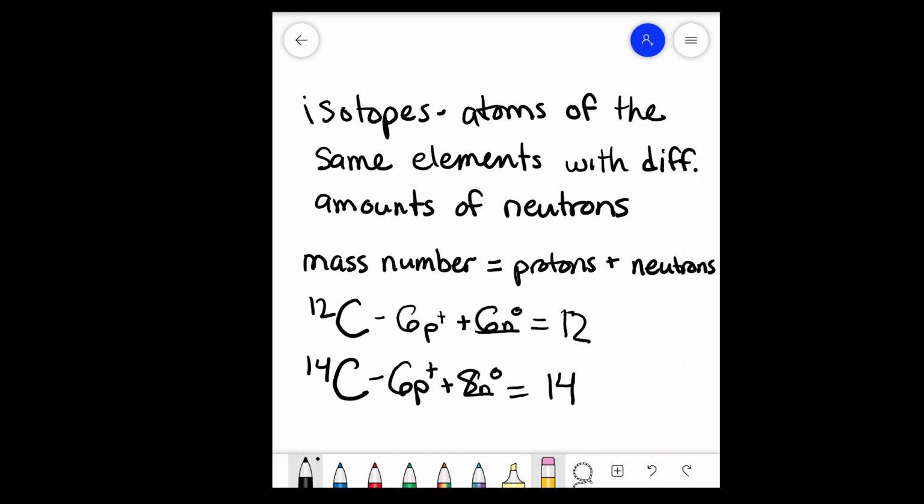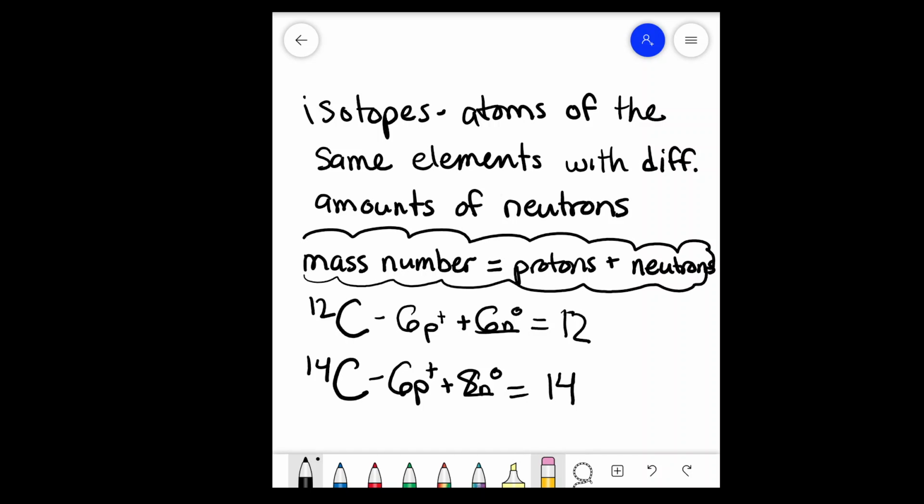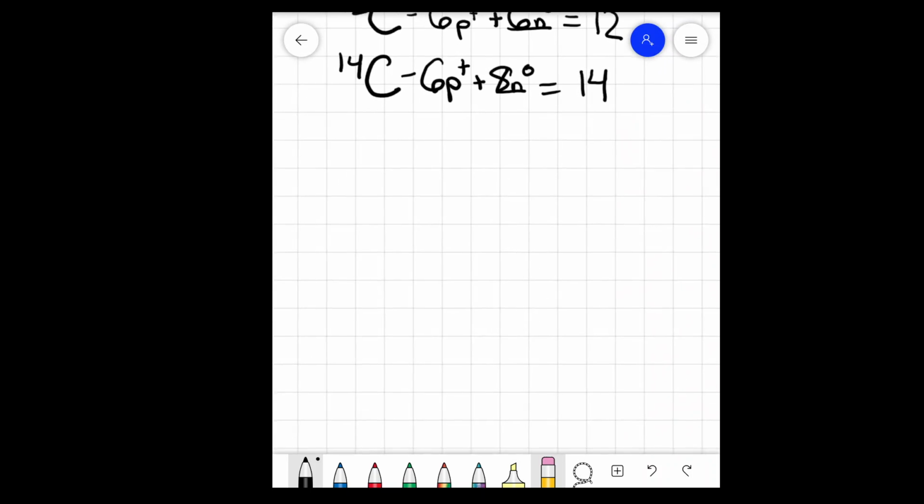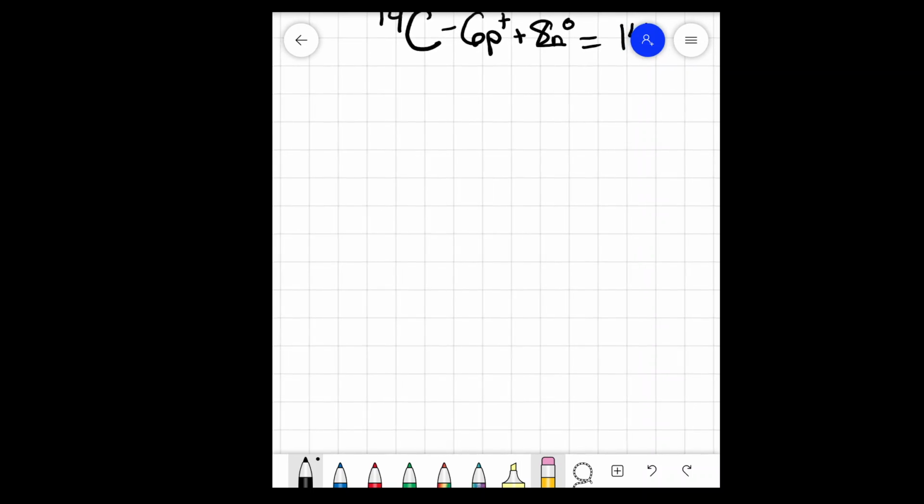for isotopes. So this is really the main thing, the best way to kind of remember how to get the mass number. Okay, so what kind of goes hand in hand with mass number is